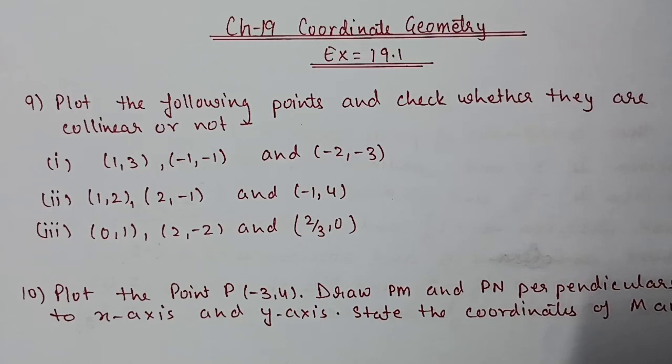Hello students, we are doing chapter number 19 coordinate geometry exercise 19.1. In today's video we will start from question number 9. Plot the following points and check whether they are collinear or not. Collinear means they should come on a straight line. So first we will plot these points and then we will check whether they are coming on a straight line